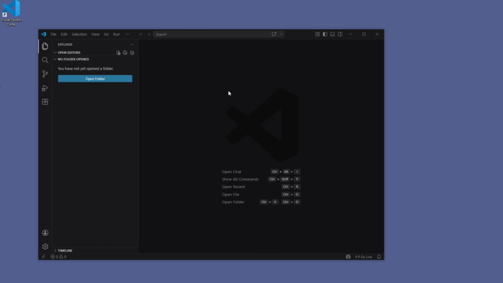In this video, I'm going to show you how you can install the right debugger for Firefox extension on VS